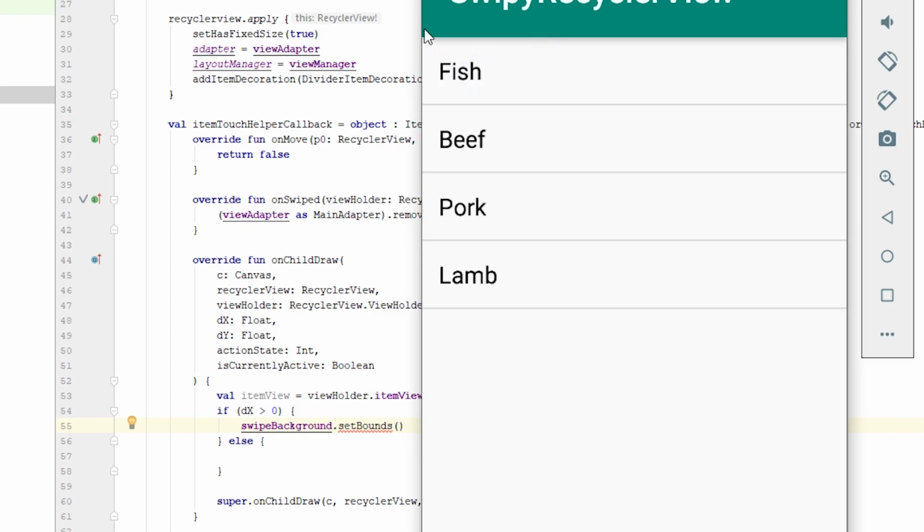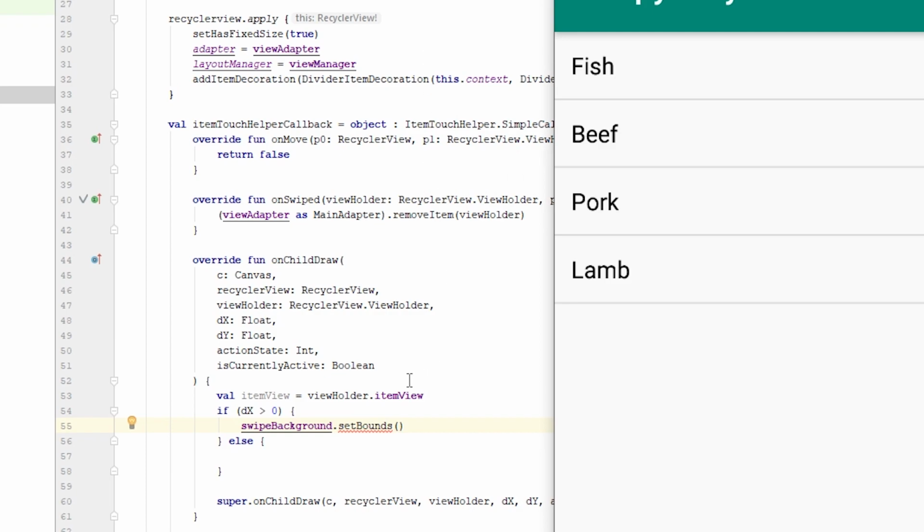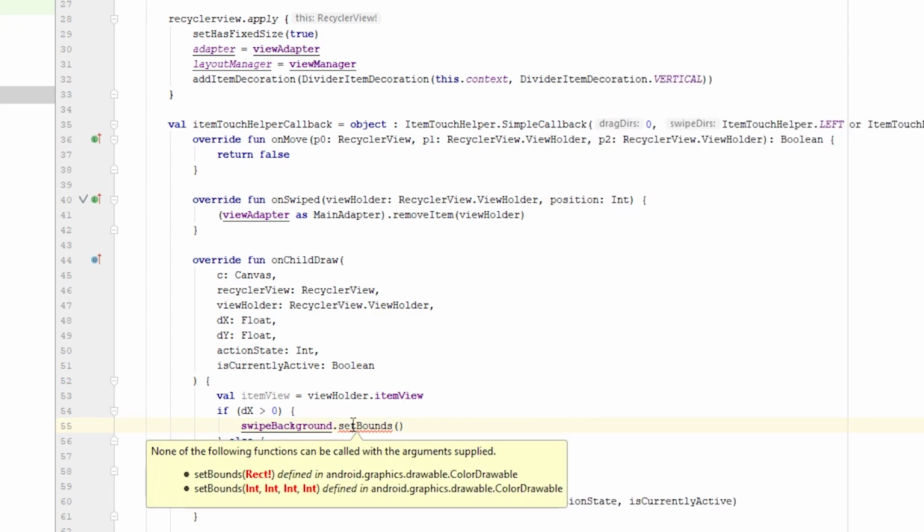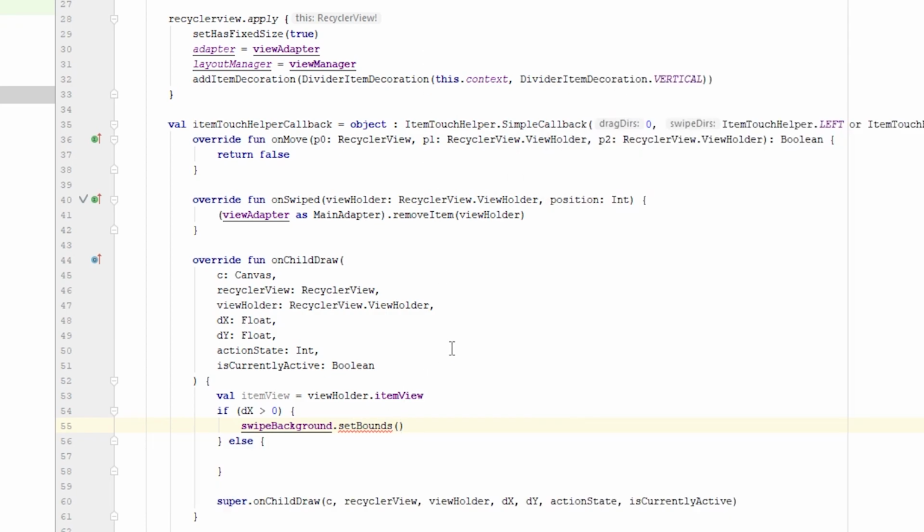So the top left point of this rectangle is going to be right on this corner of the item, always, no matter how far we pushed it, and our bottom right corner is going to be right to the edge of where we pushed it, right here, and we're going to draw a rectangle between those two points. So with the left, we can go ahead and set that to